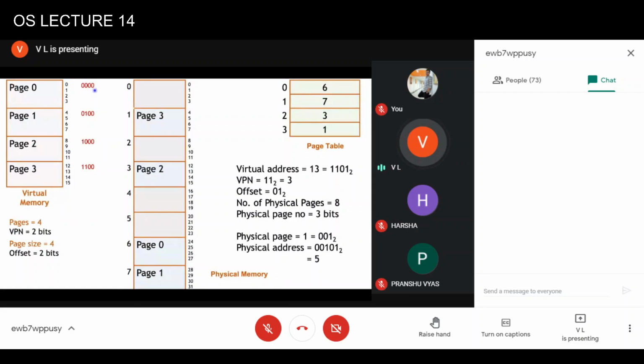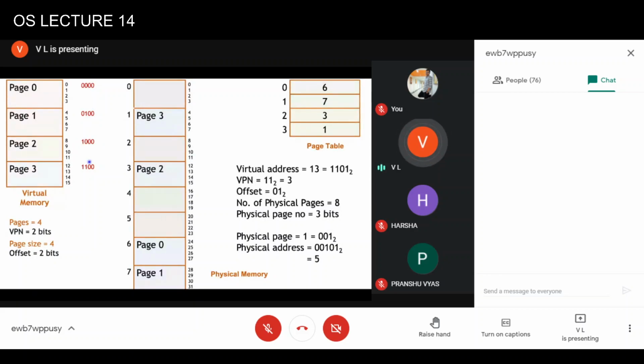The least significant bits are the offset, and the most significant bits are the page number. The page numbers are 00, 01, 10, 11. Because the page size is 4, the offset requires 2 bits. So the start of every page is divisible by 4, because the offset is equal to 0.